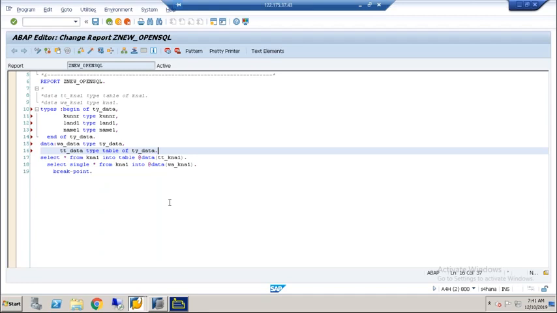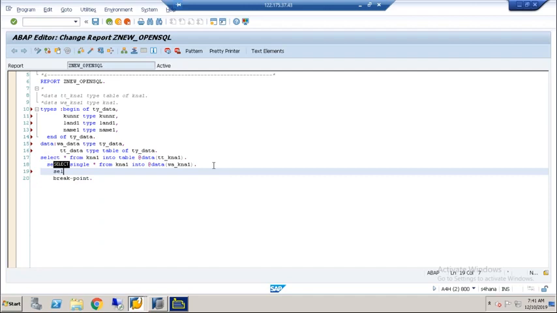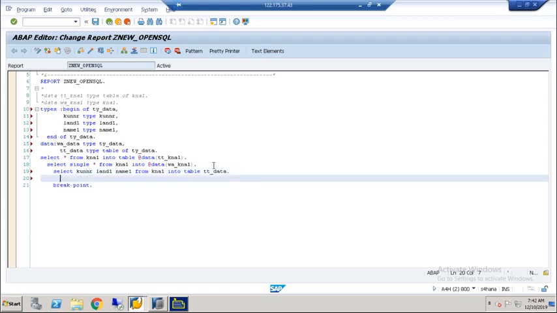Let's say if we have a select like this. Usually we do it like this: select from KNA1 into table TT data. Now if you convert this into OpenSQL,